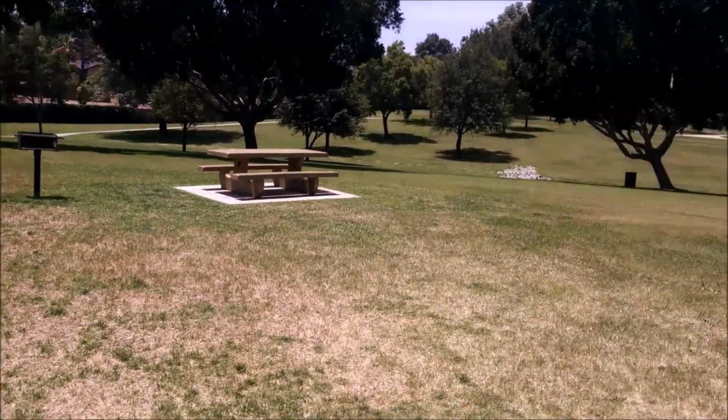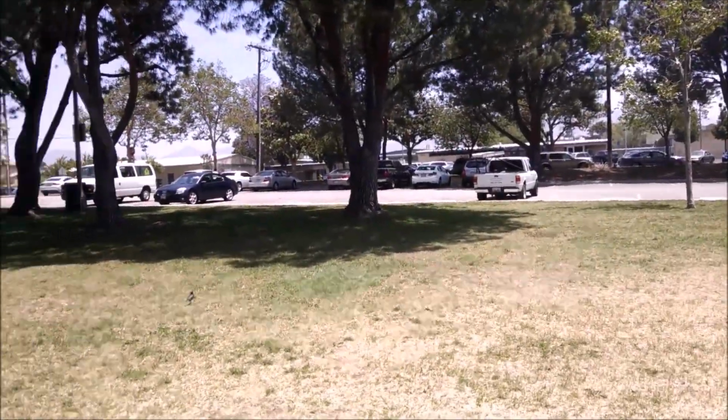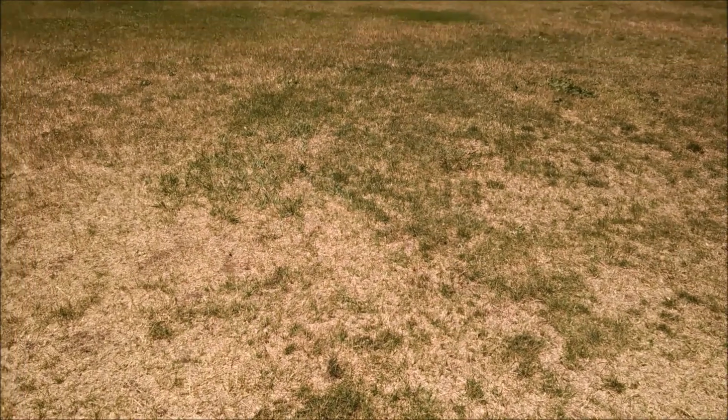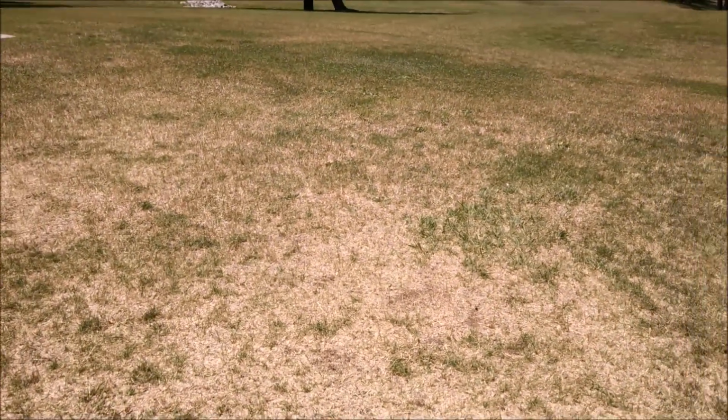And out here last week, there was a big volleyball game and a massive party here. About, I don't know, 300 people. Big volleyball game going on right here. So I figured I'd come back and detect it next time I had a chance. So I was just walking through here and